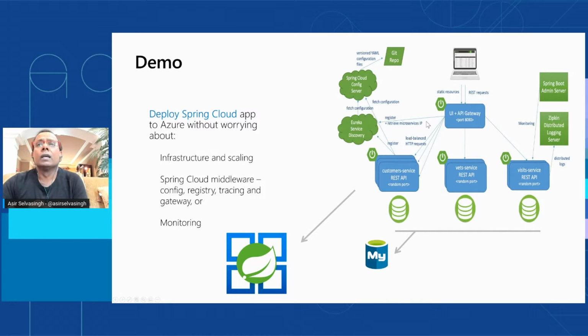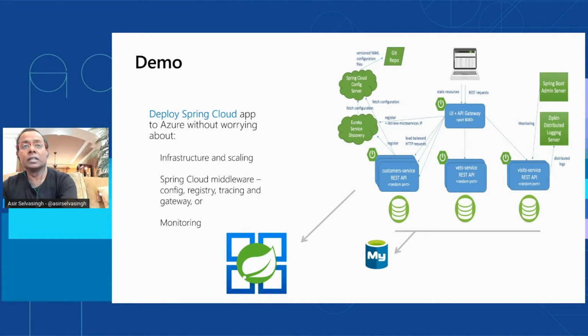on Azure. Now, around that, there's a bunch of Spring Cloud middleware components. So when you are deploying to Azure Spring Cloud, you don't have to worry about infrastructure or scaling or any of these middleware or the monitoring. So these apps are deployed into Azure Spring Cloud, and the data goes into MySQL, right? So going back to this picture here, what we are going to do is deploy this